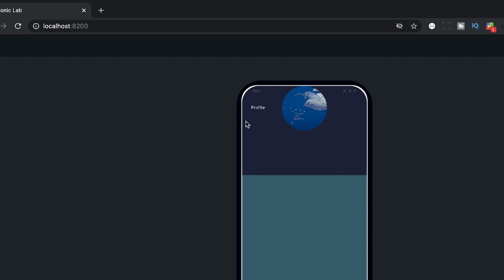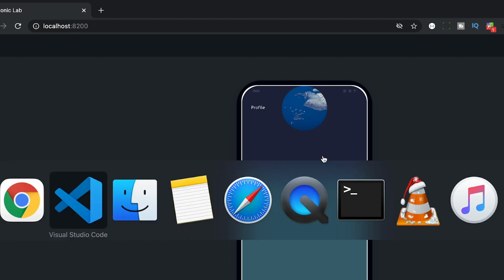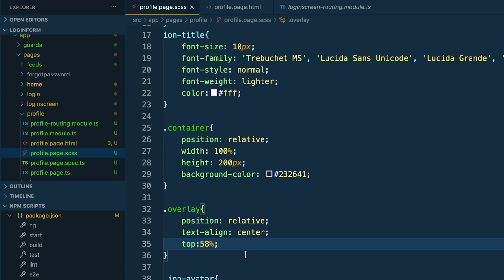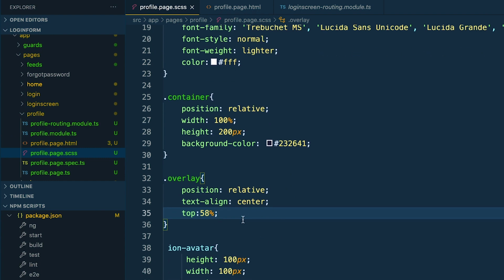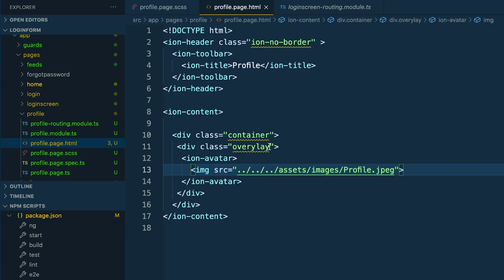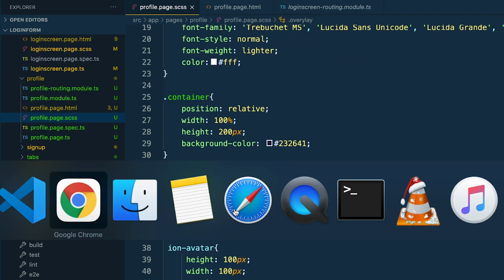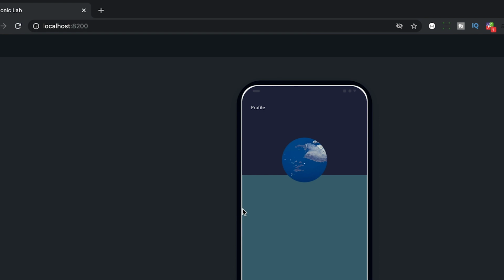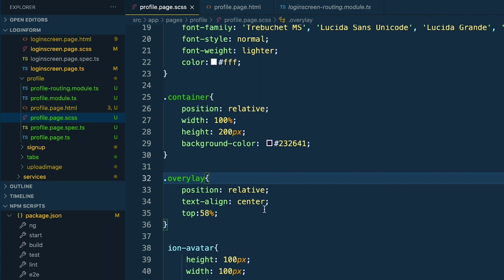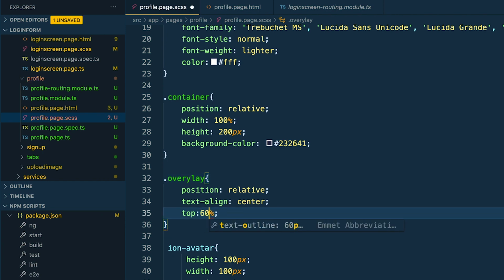Good, our image is in the center, so we need to put it down here. Let me see what we are defining. Good, so that is our profile image. Maybe we can put it to 60,